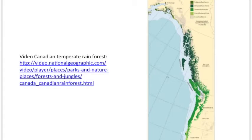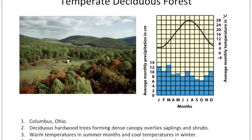So in Columbus, Ohio, we're sitting in a temperate deciduous forest right now. The dominating tree species outside are deciduous trees, meaning they lose their leaves in the fall and the winter, and these leaves grow back in the springtime. Oak and maple are the dominant trees, hardwood trees. The topsoil itself is very rich with organic material, so that makes Ohio and many of the other Midwestern states very good agricultural states. You have a dense canopy of trees here, overlaying saplings and shrubs, sizable amount of precipitation,